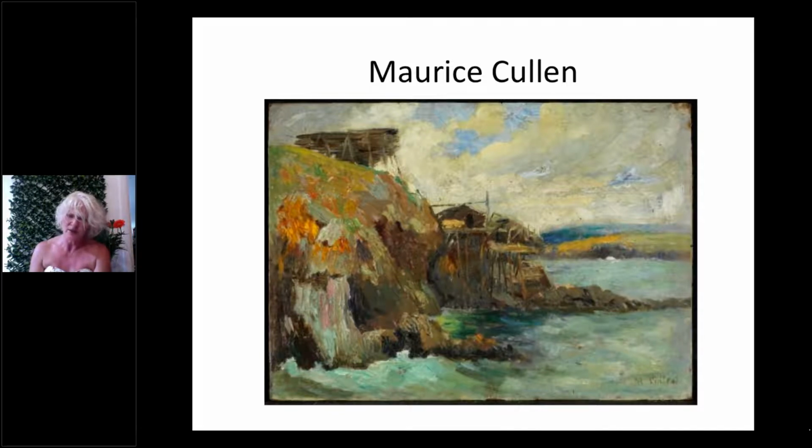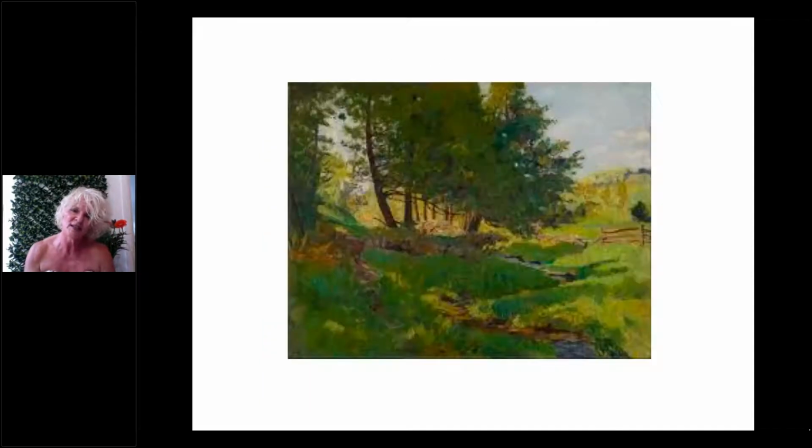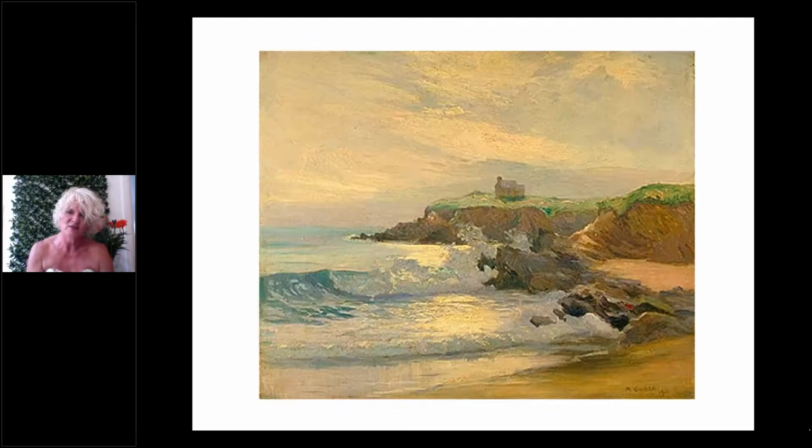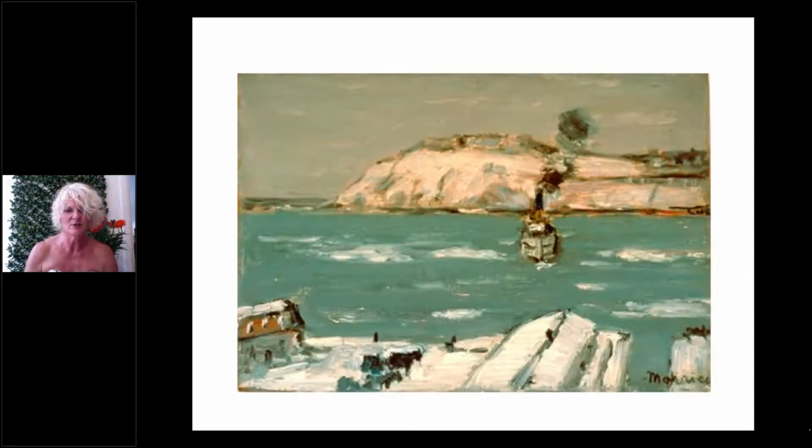This is Maurice Cullen's work, and I sort of think Cullen has kind of been overlooked. There were a group of Canadian Impressionists painting again the late 1800s, early 1900s, who, because of the popularity of Tom Thomson's work when it came along, has sort of been forgotten. We seem to believe that Canadian landscape art started with Thomson and then with the Group of Seven, but there were these earlier artists, and Cullen was very influenced by the Impressionists in France, using many of the same techniques, trying to capture, again, both light and motion in the images that he created.